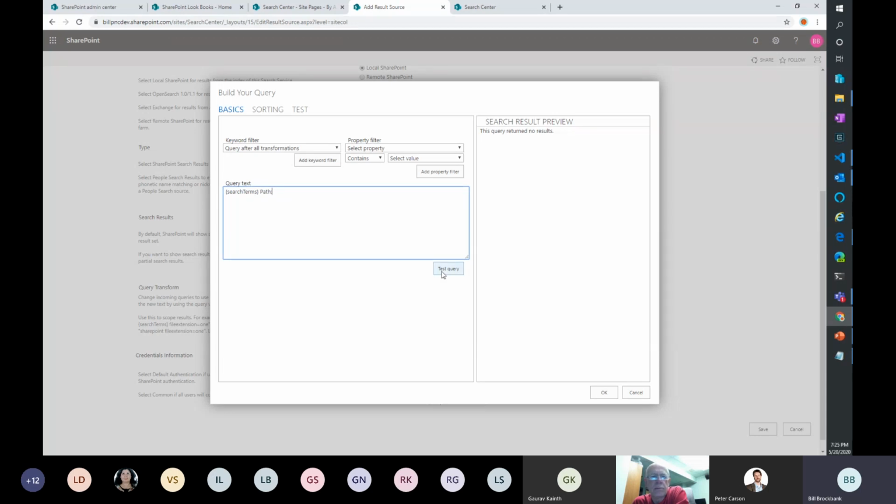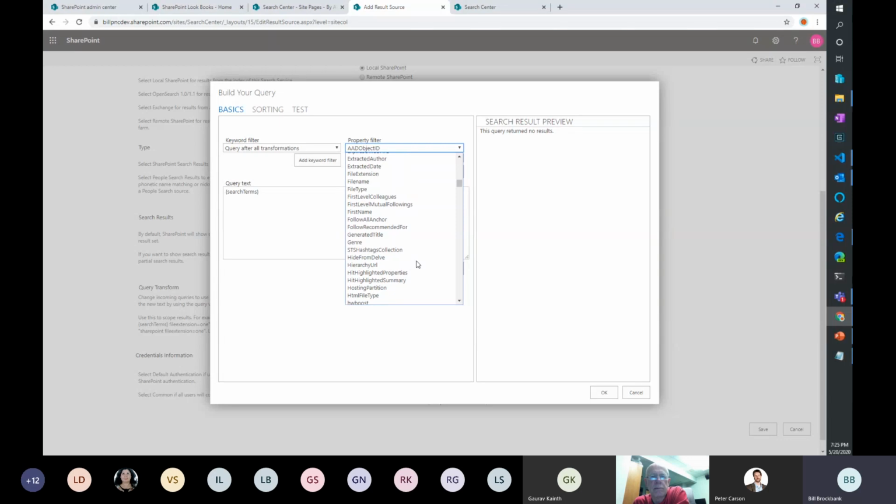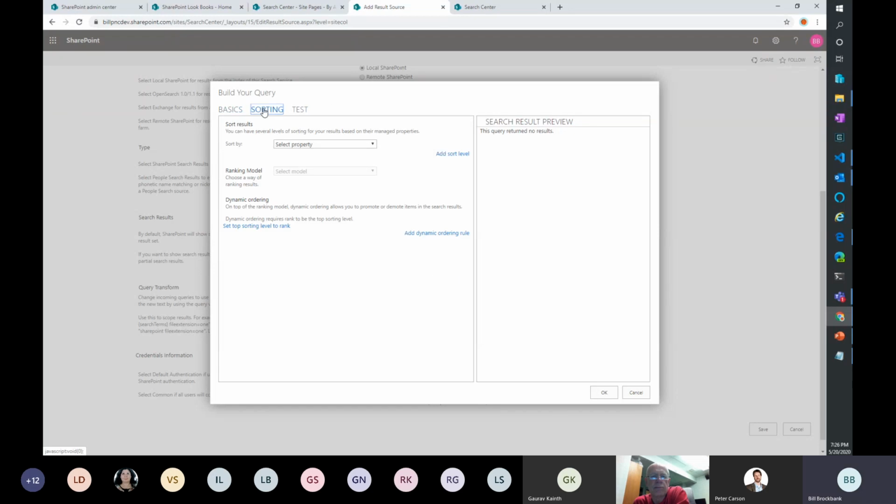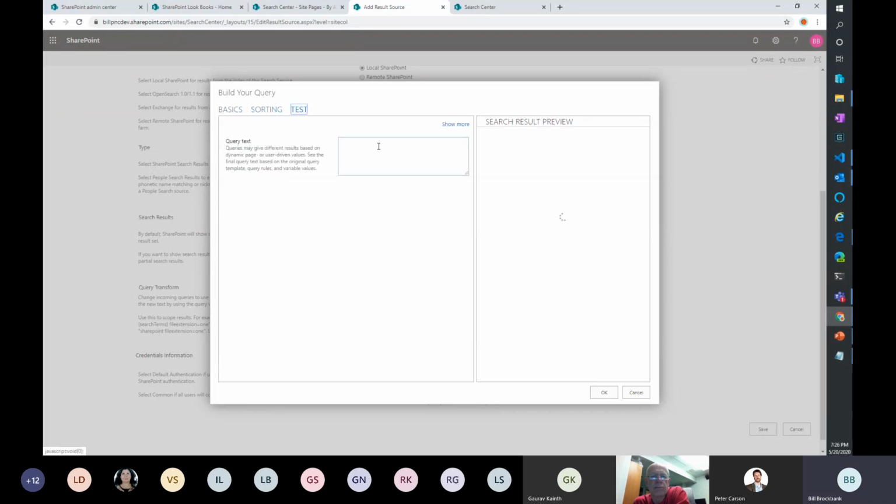The other piece that's tied, so we can test the query from here. If you're familiar with any of this interface, you have testability. A second, it's going to bring up a dialog for me to put that value in. You can pull values from defaults very quickly, so you don't have to know how to put it all in. Some of the stuff will show more properties. These are other properties that you can use in your query. So this can build up a base query for you to use for one of your tabs in the design. I'll have to bring up the one for my customer because that one has a complete version of it. But yes, sort capabilities for what you're doing, and then the test results over here.